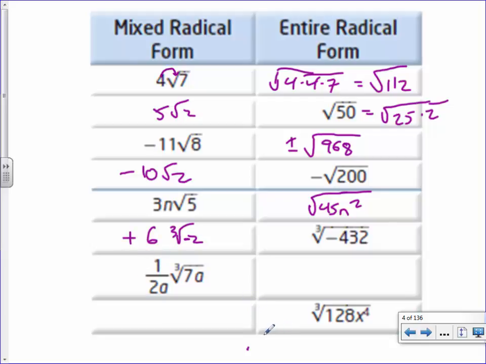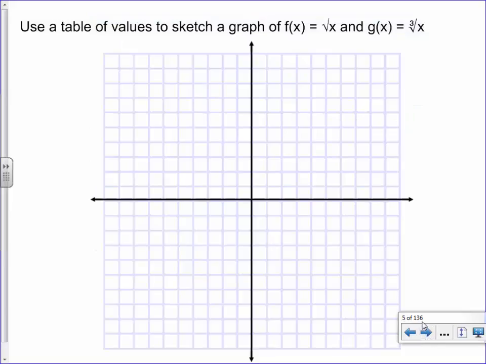Anyways, do you guys feel like you have a hang of this? Okay, let's move on then. I don't want to spend all of our time on that. Those are just background skills that could come up, but that's not the point of my lesson today. The point of my lesson today is I want to show you what a square root graph and a cube root graph look like, and then we're going to talk about how to move them around on the graph. So I want to do a table of values rather than our calculator to start,